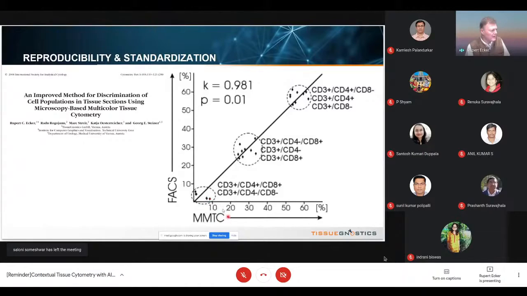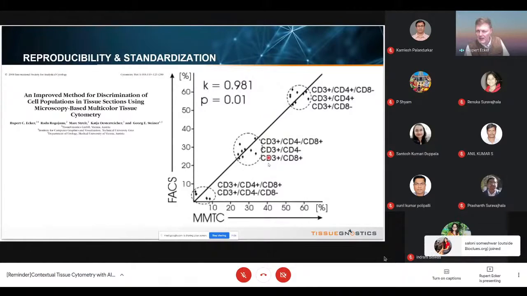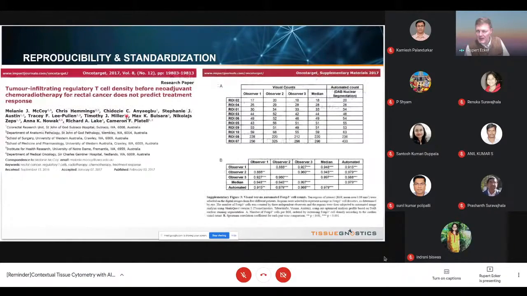And we compared here MMTC versus standard FACS using peripheral blood leukocytes stained for a standard CD3, CD4, CD8 marker combination, and then compared the results showing a very good correlation coefficient on peripheral blood leukocytes between standard flow cytometry and tissue cytometry. The group in Perth, from which I have shown already data earlier, has also done such a